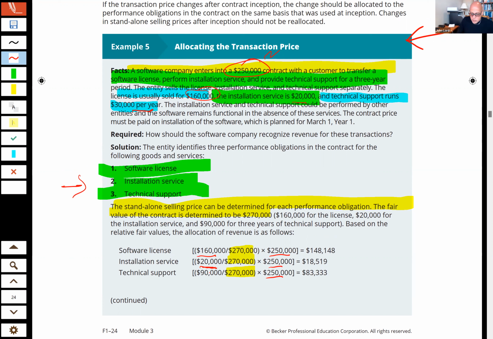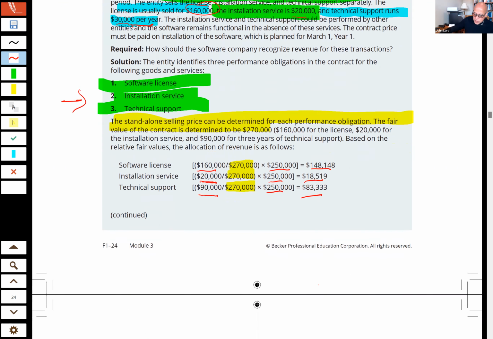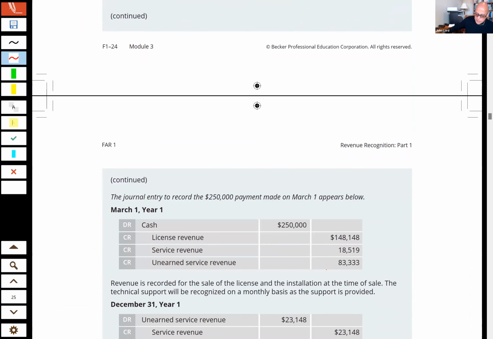For the installation service, the $20,000. Well, I guess you could have got to the $270 without that additional information, because it's $30,000 per year times 3 brings you up to the total base here of $270. And then you simply allocate those amounts to the 3 separate performance obligations. You can take the license revenue and the service revenue for the installation immediately. The unearned service revenue is going to be that tech support,